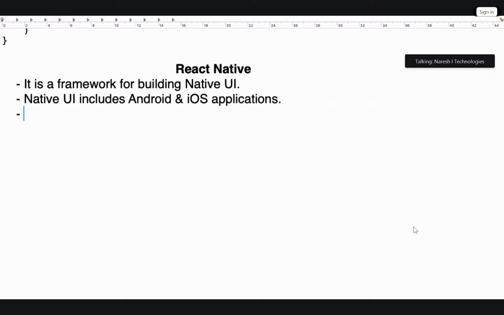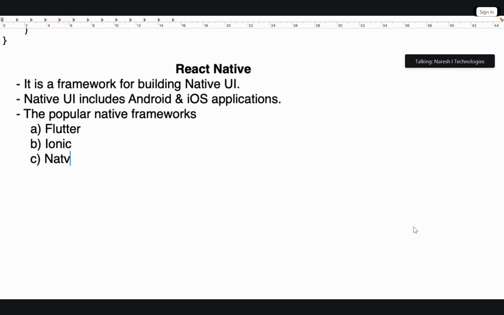So this is a framework for building. There are so many frameworks. The popular native frameworks, we have Flutter, we have Ionic, we have NativeScript, and React Native is also one of them.